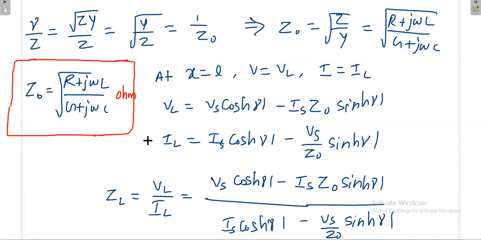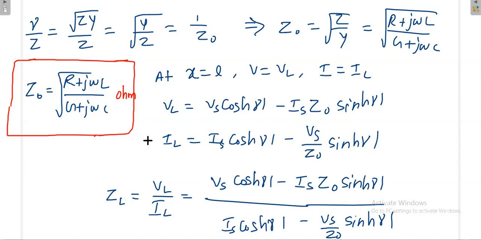Please don't confuse it with the characteristic impedance. Characteristic impedance will give you the characteristics of the transmission line, but not the impedance at any point on the transmission line. That will be given by some other impedance relationship, like the input impedance of the line anywhere on the transmission line, or the impedance looking from a particular point towards the load. In future we will derive that.